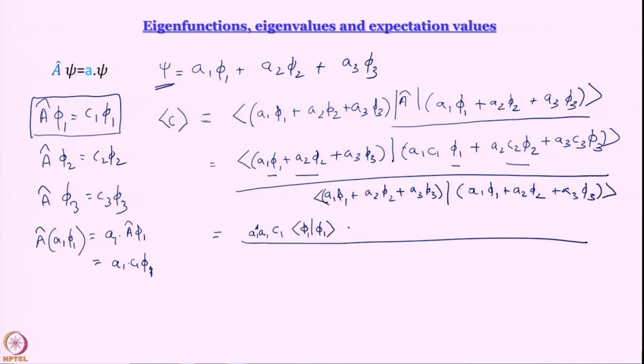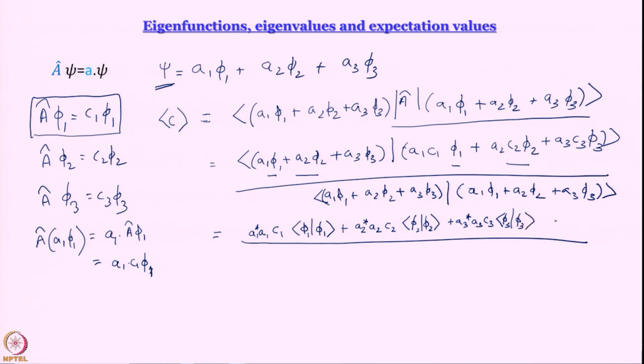Let us just take the phi I terms first. What will I get there? A2 star A2 C2 integral phi 2 star phi 2 over all space, plus A3 star A3 C3 integral phi 3 star phi 3